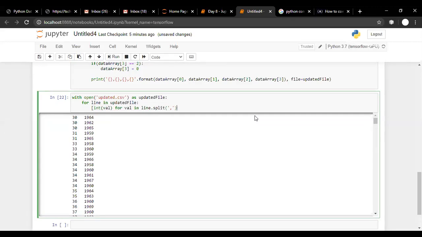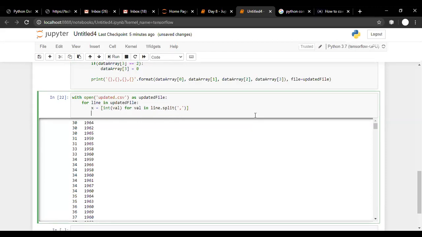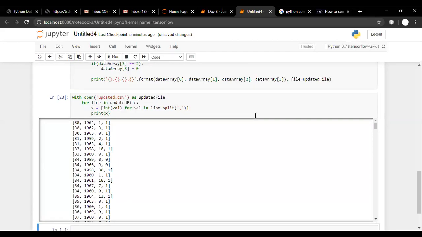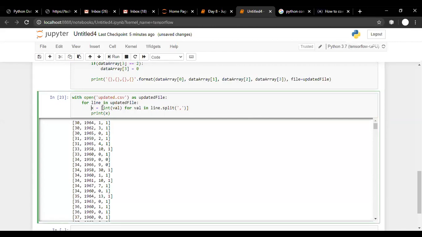If I write square brackets over here, like x is equal to something like this, and I print x, now x is our list, because this is a list comprehension. But everyone knows this.